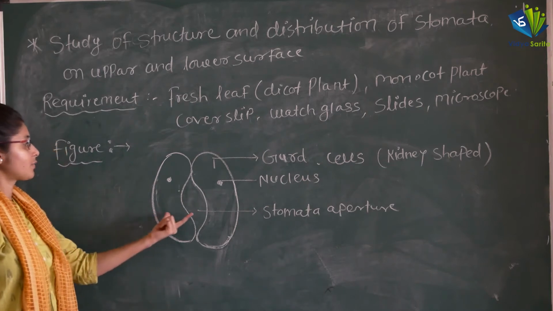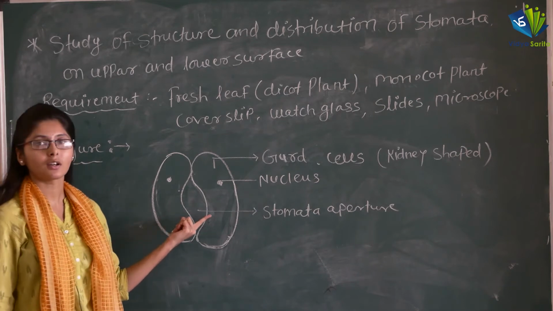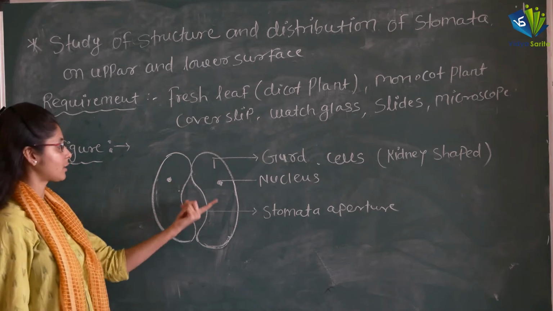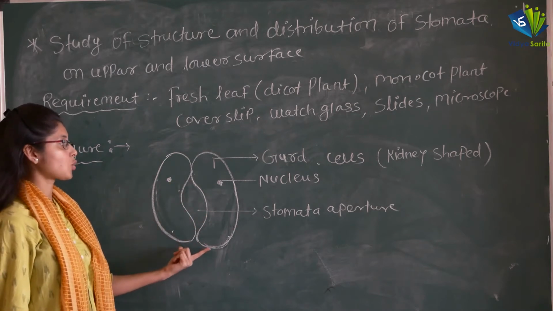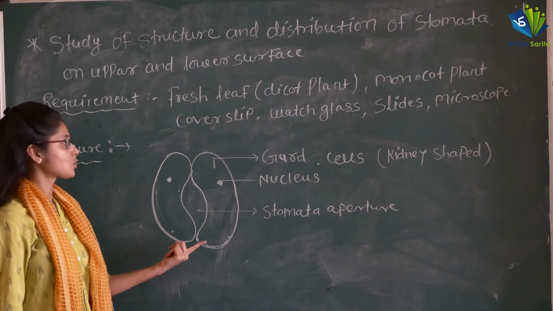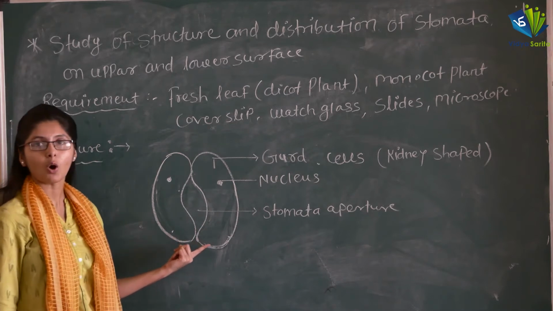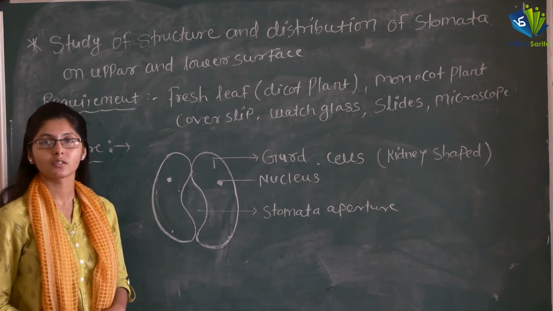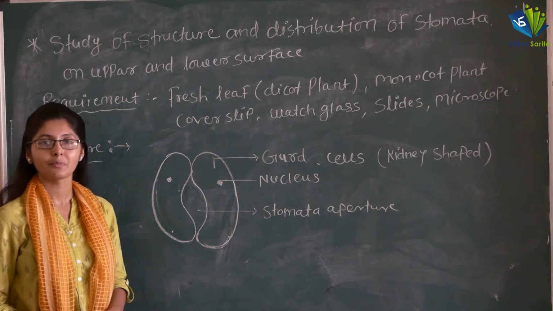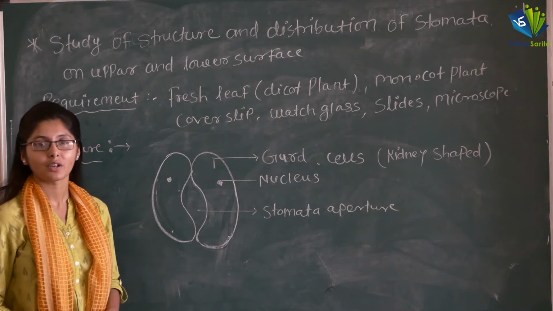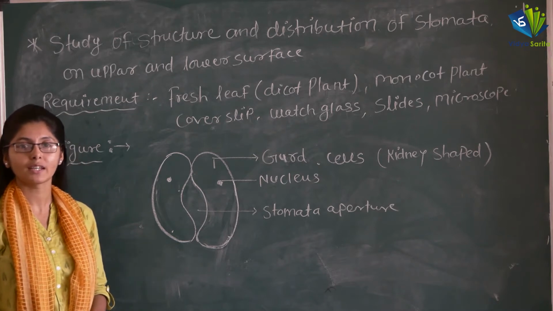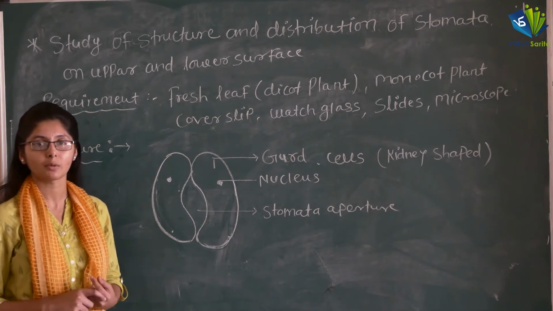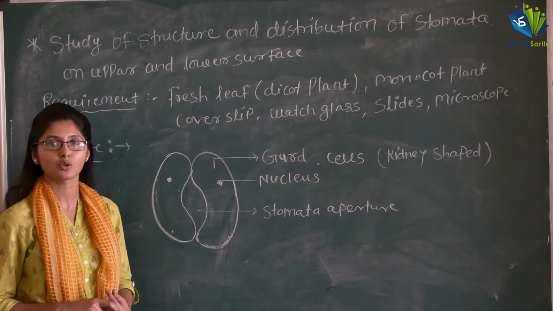So based upon this figure, if you observe at the end of the dissecting microscope, you will see such a diagram, which is a stomata. The stomata are small pores present on the surface of a leaf for the removal of moisture from the leaf part, or for the exchange of gases that takes place with the help of small pores present on the leaf surface. Those are called stomata.